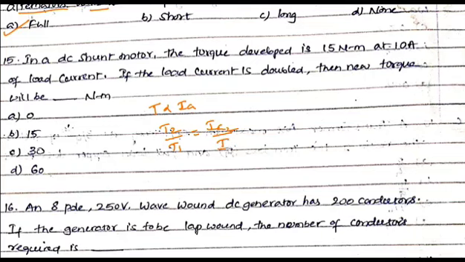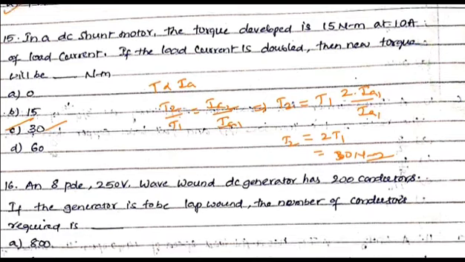Now, Ia1 here. So from this T2 will be T1 into Ia2, the current is doubled, so 2 into Ia1 divided by Ia1. So simply T2 will be 2 times that of T1. T1 is 15, so 30 Newton meter. So answer will be 30 here. Next one,